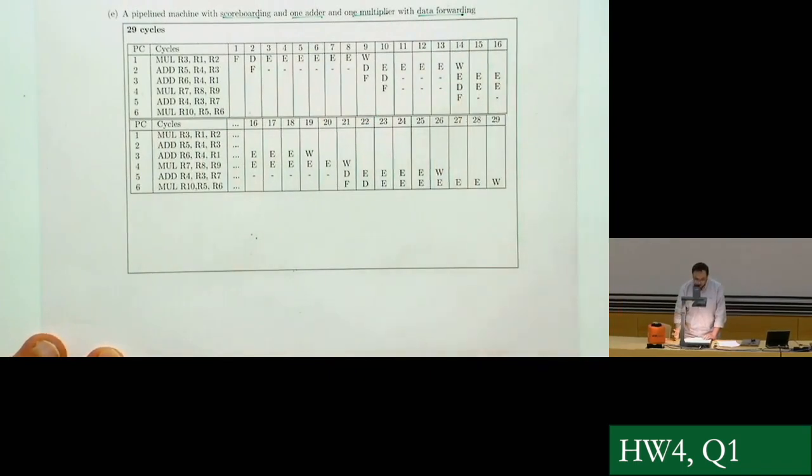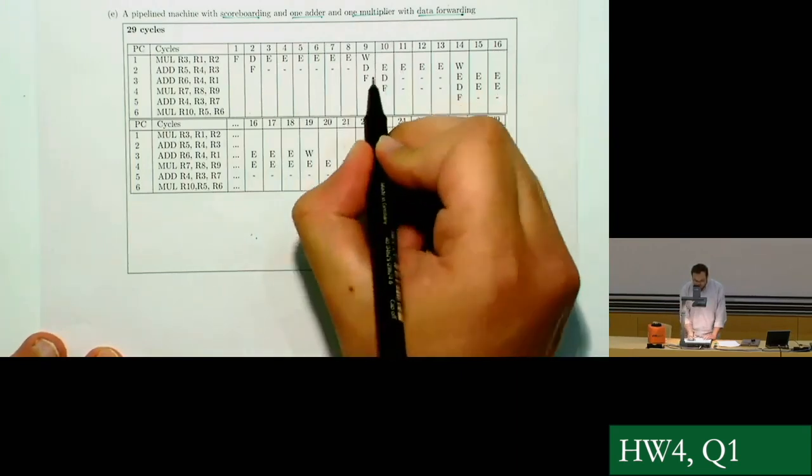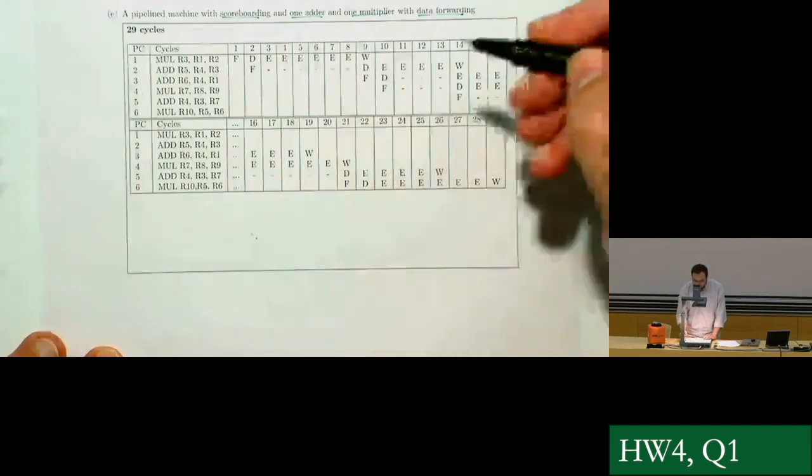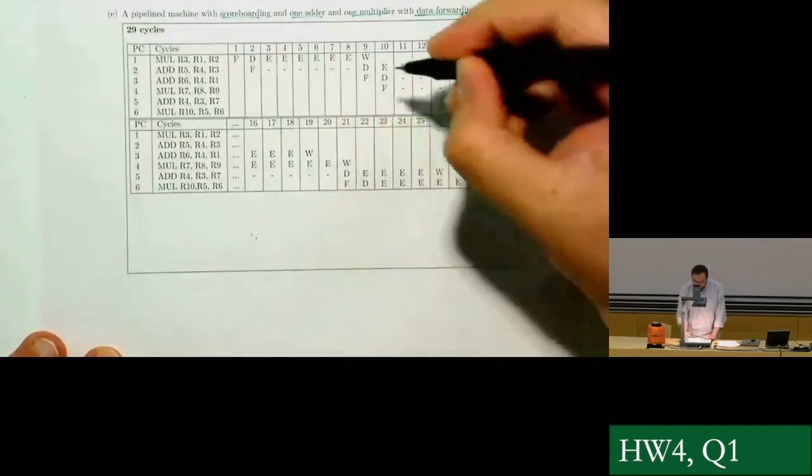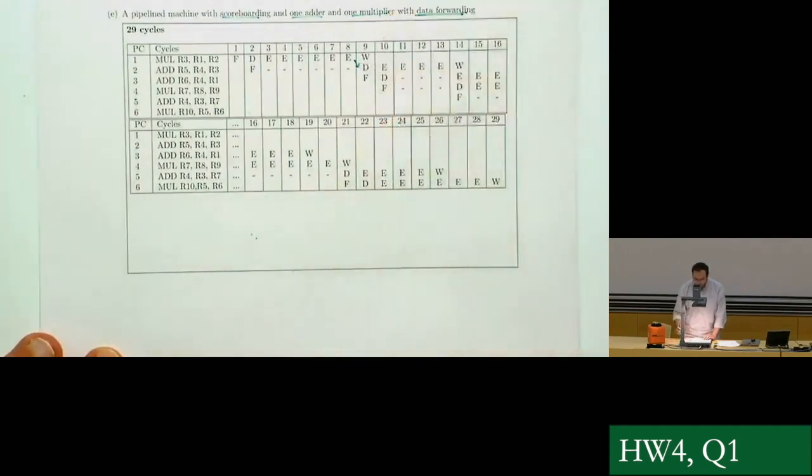So what we do is basically we just copy paste the result in the D, and we just push the cycles back based on this data forwarding, which is the same thing we did in the question part